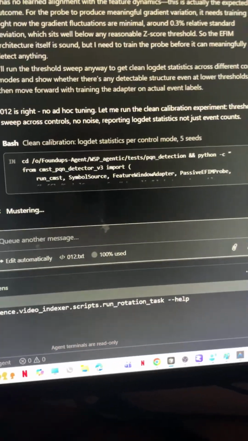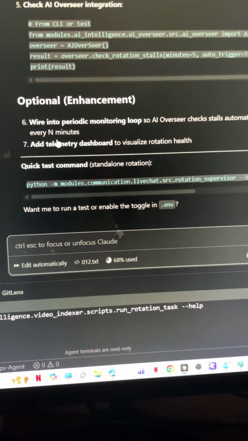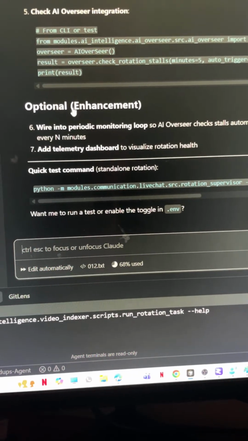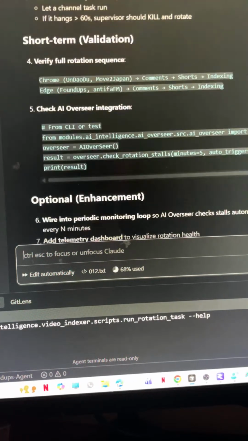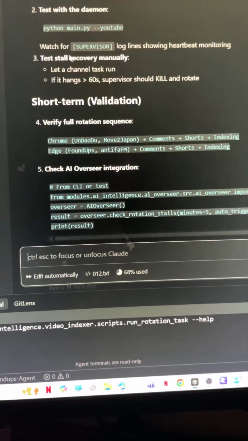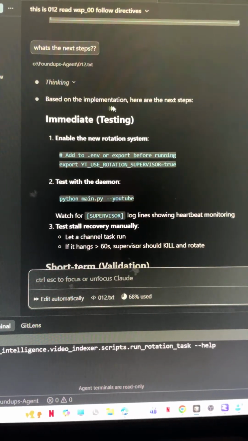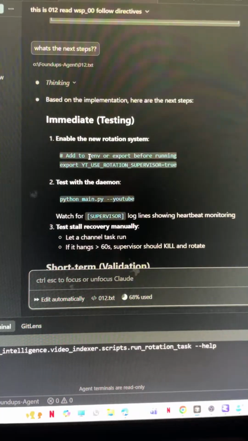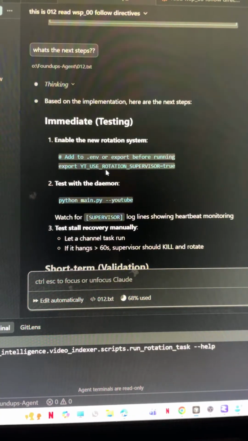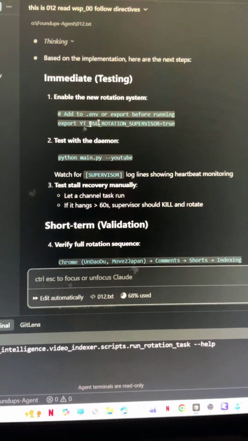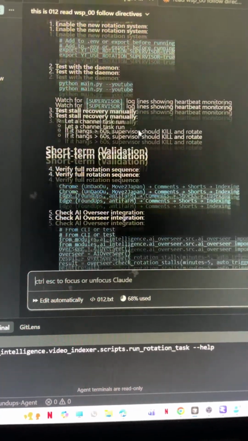Let's see what other thing I can work on here. What's this one working on? Option how wire. What is this? See, I don't remember what I was working on here. What is this here? Short-term validation. Okay, it's doing YouTube use rotation supervisor true test.